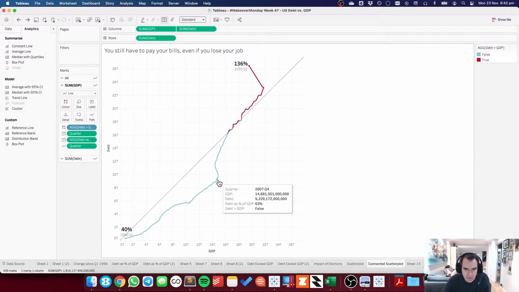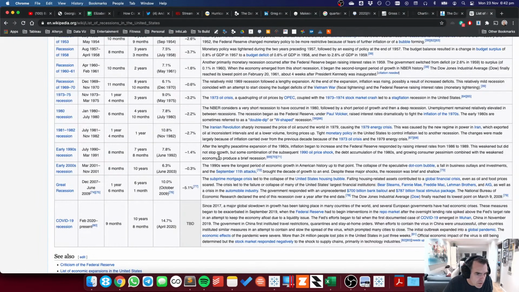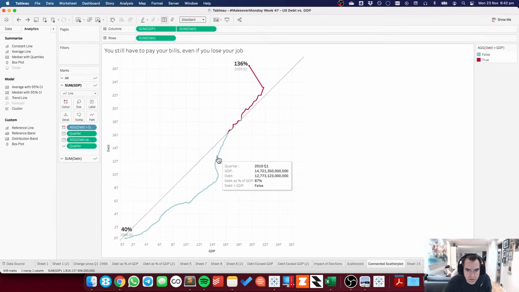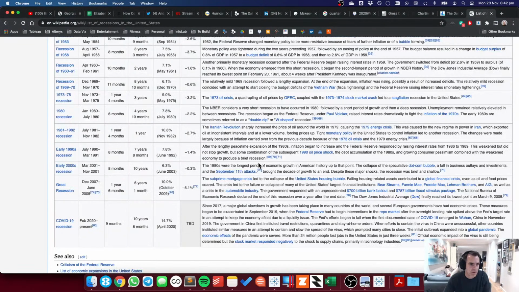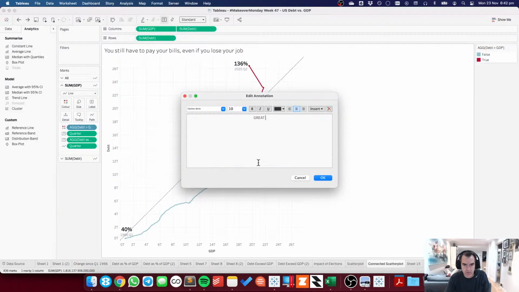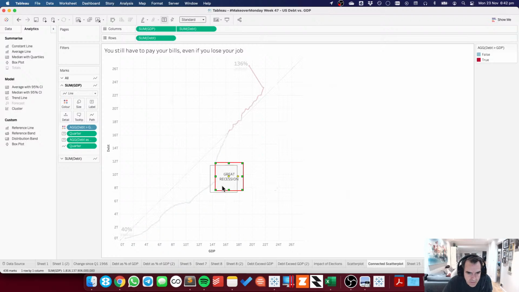Okay, Q4 of 2007 through Q2 of 2009. Okay, so roughly that area. Okay, so annotate area, and they call this the Great Recession, and that's fine. I can format it later. So it's going to go from about here to here, I think.